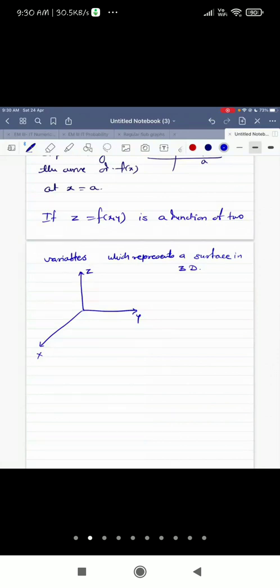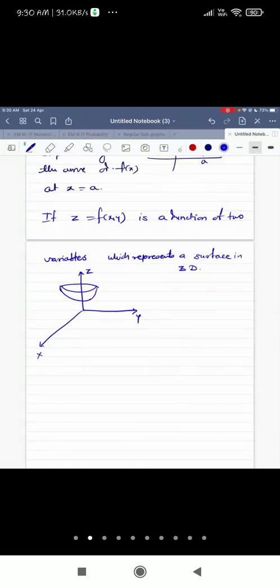So if you have such a surface in three dimensions, let me take that surface in this form. It can be of any shape. Let me take such a surface, right? So what does ∂z/∂x represent? The representation is like this. It can be proved, but again I am telling you, we are not interested in learning the proofs of all these things. We are interested in applying the theories to solve our problems, right?